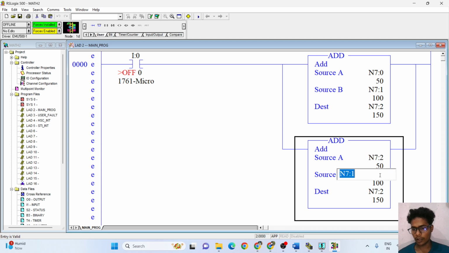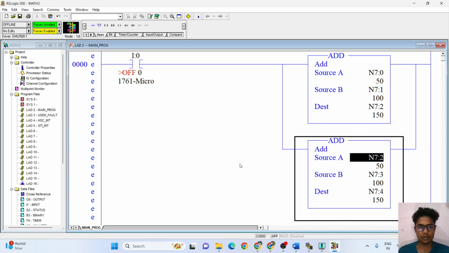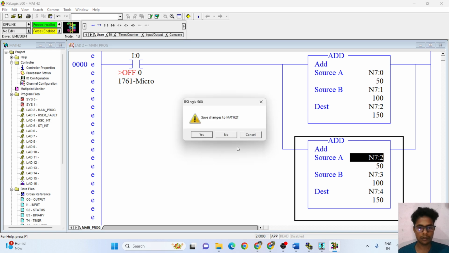Understand? And here I have to put value N7:3. Understand? Here I have to put value N7:4. Let's see. So engineers, I hope you understand what I'm going on.